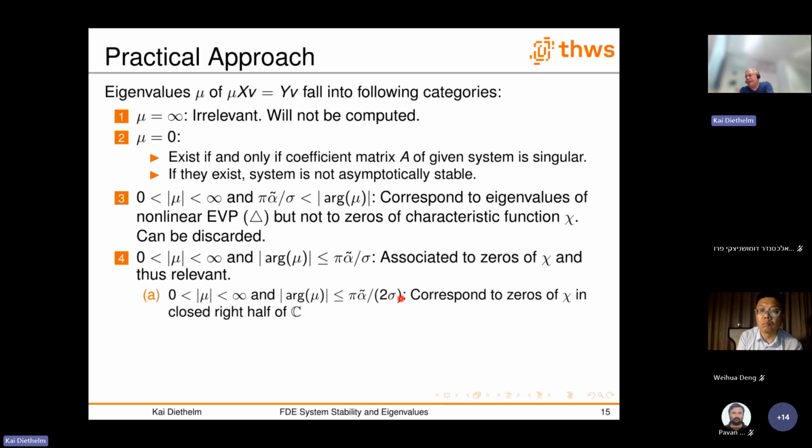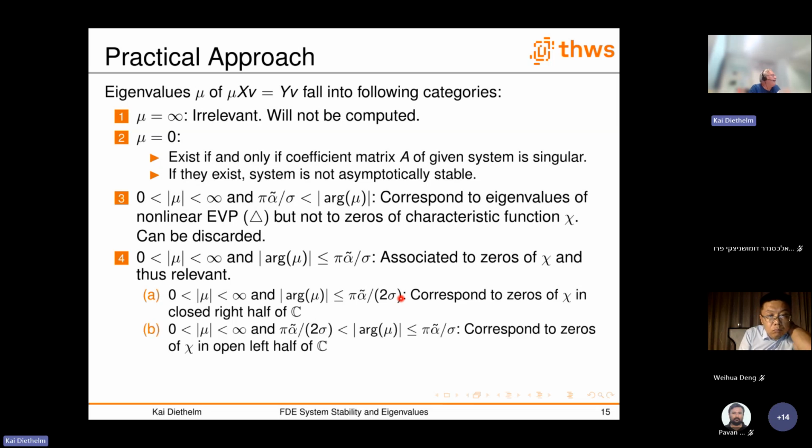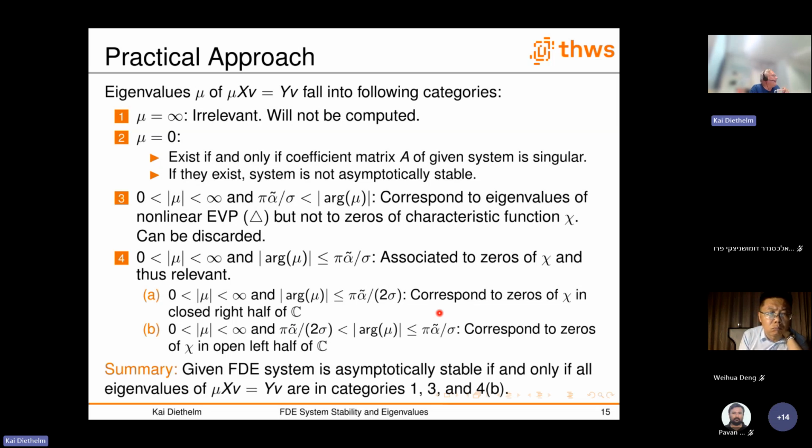This means we have an eigenvalue in the closed right half of the complex plane. And the others, where the argument is bigger than this number but smaller than the previous bound, are the eigenvalues in the open left half. So in summary, that means our given system is asymptotically stable